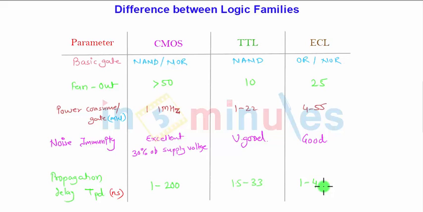But if you look at the overall differentiation between the logic families, CMOS is the best family, because ECL is good, but ECL's power consumption is very high. Though a propagation delay of 1 to 4 nanoseconds is available, the power consumption is still 55 milliwatts, which is almost 50 times more than the complementary MOSFET. And it is not providing noise immunity either, so data can be compromised. It is not feasible to store the data because it is less noise immune than the other families.